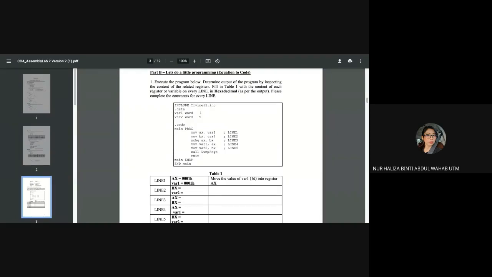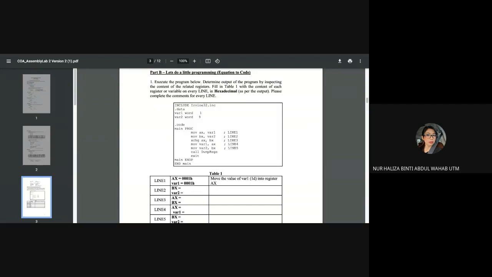Over here, let's say you were given the value of VAR1, word 1. So this occupies one word. How many bits is it? 16 bit, 32 bit? Please check it back. When you run it, it automatically gives you the output. You will directly get the output, but the output will show you the list of registers like EAX,